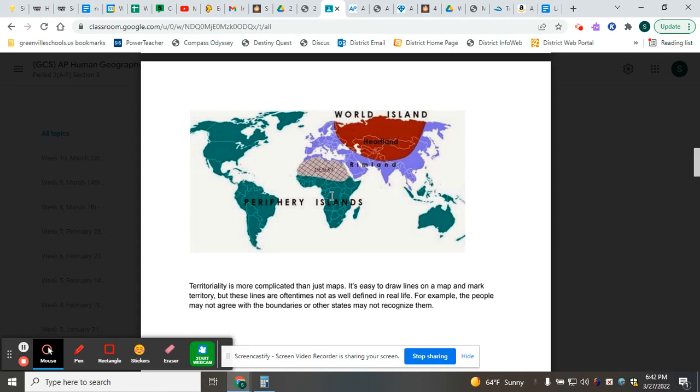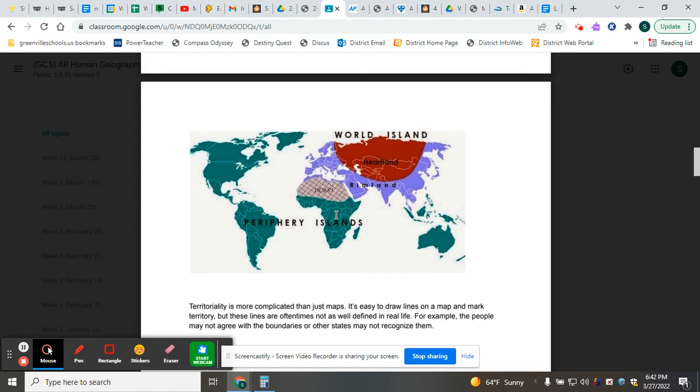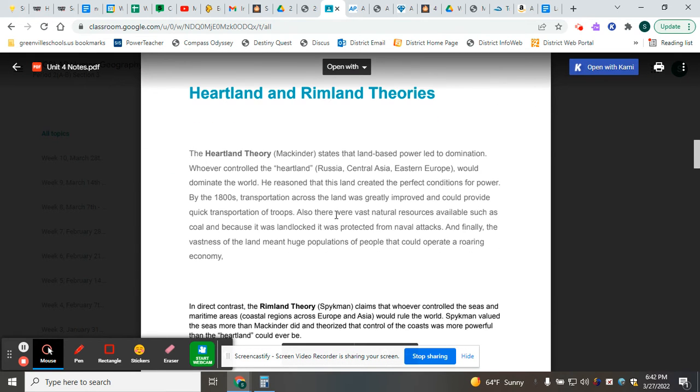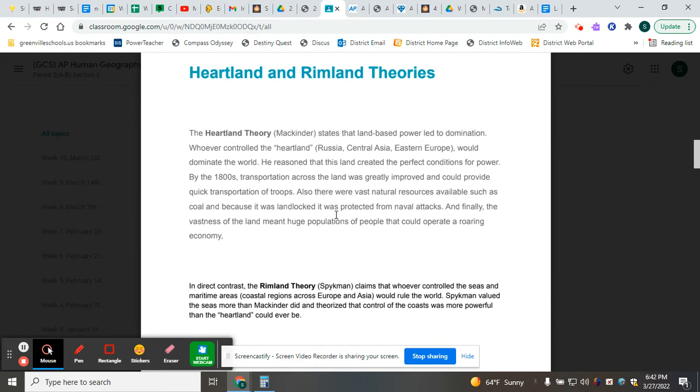And interestingly enough, people are not typically fighting over Africa, at least not sub-Saharan or Southern Africa. Okay? So that's something else to think about when looking at these two theories, the Heartland and Rimland theories,